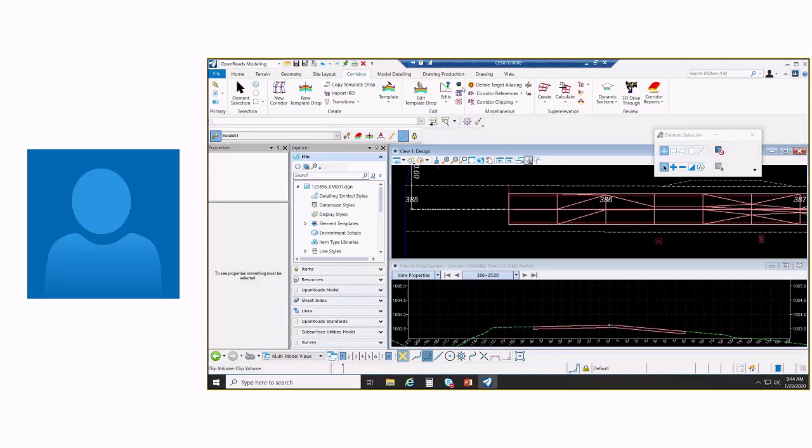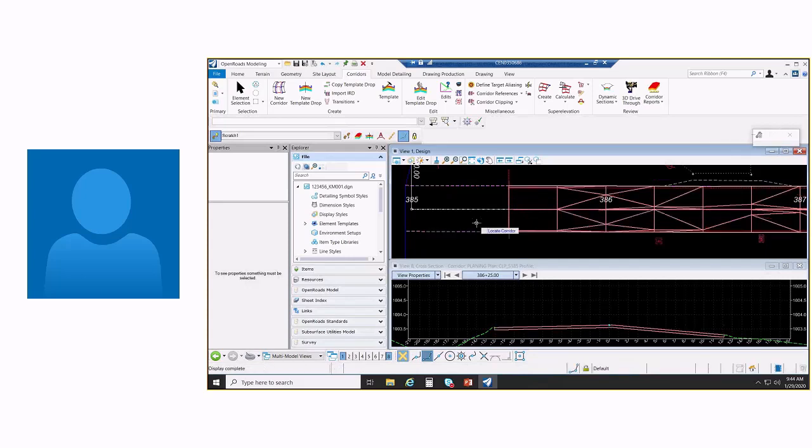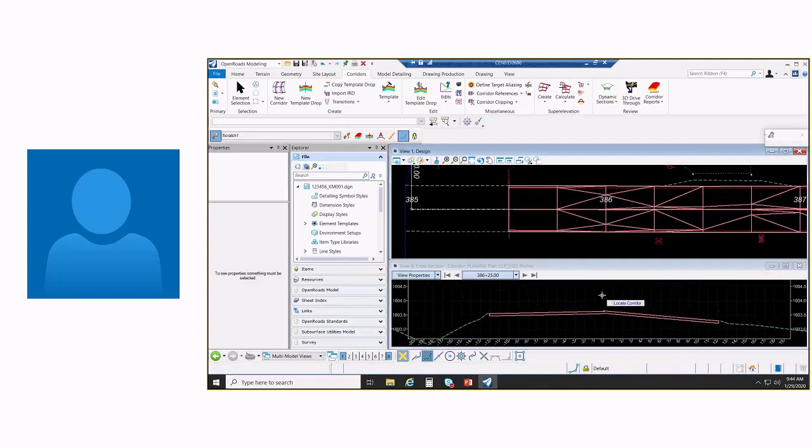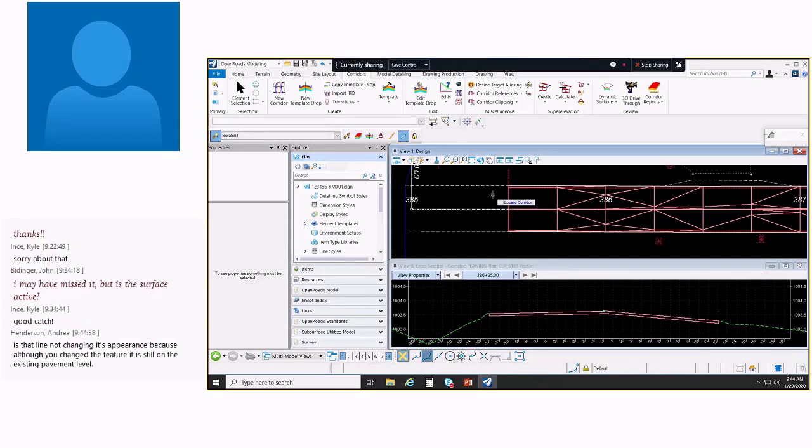So in my corridor tools here, there's corridor references, and there's add or remove a corridor reference. I want to add this as a corridor reference. On this corridor, I'll add this line, and then right click, and now you can see it's jumped out to meet those elements, and in the cross-section view that's dynamically applied there. So that's one way that you can have it go find an element and meet that element. And I'll show you another way as we continue on. So that's the stripping